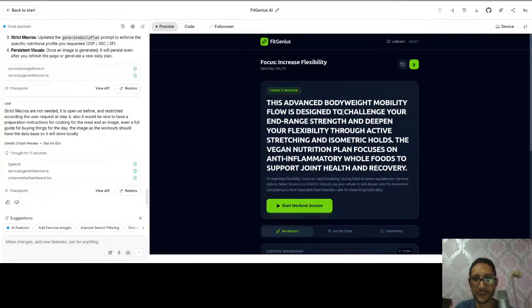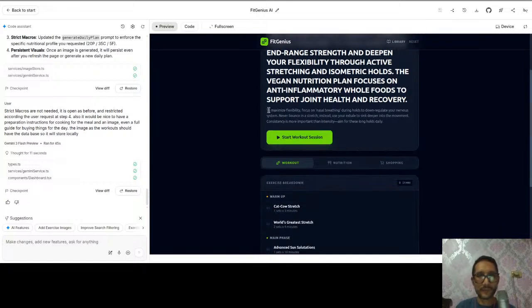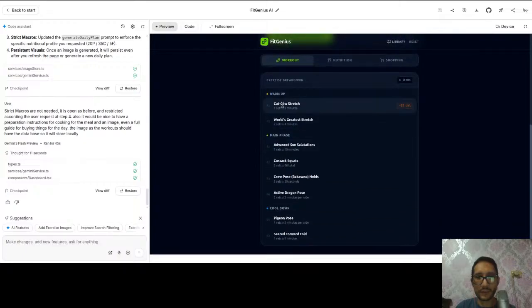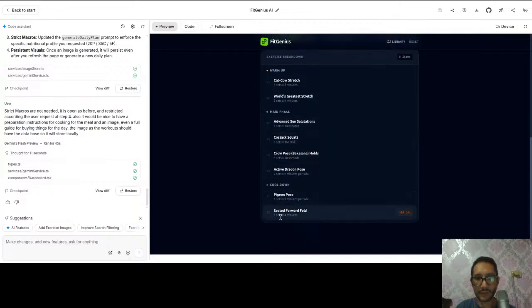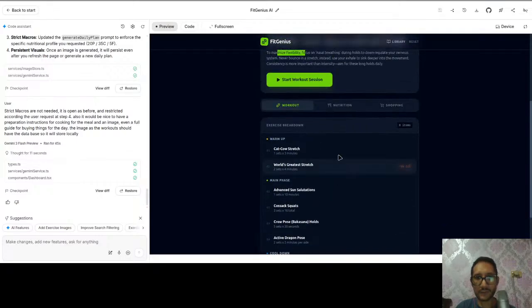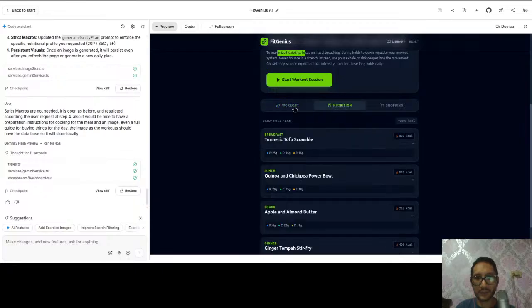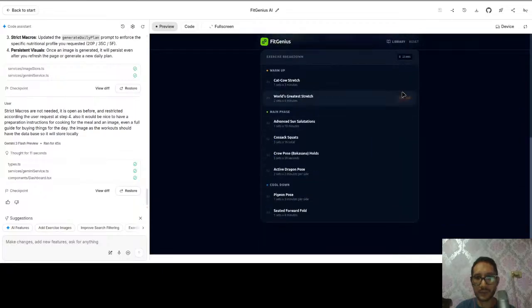Okay, this is advanced bodyweight mobility flow. It is designed to challenge your endurance and strength, and deepen your flexibility through active stretching and isometrics. Okay, to maximize flexibility, focus on. Okay, warm up, 8 items. Cool down. All right, it's given 8 items.